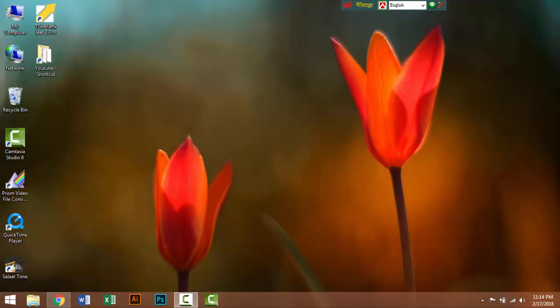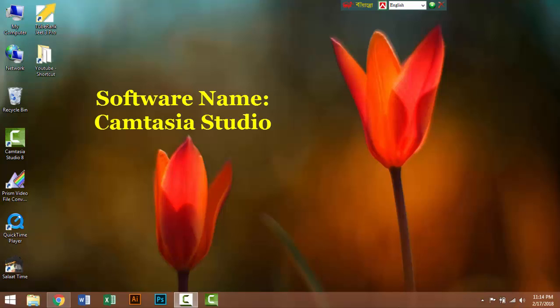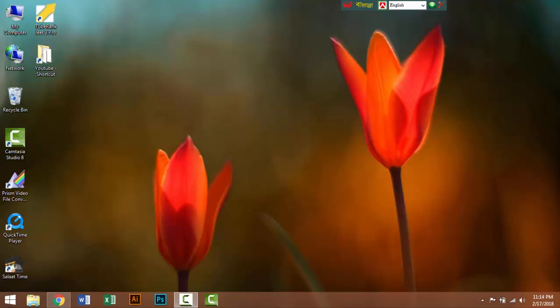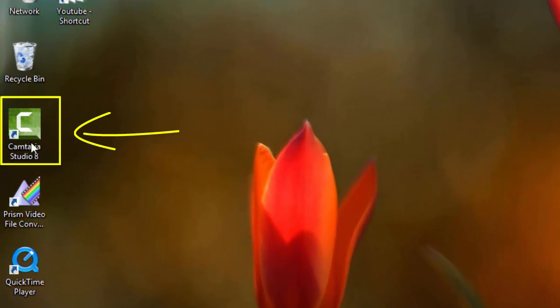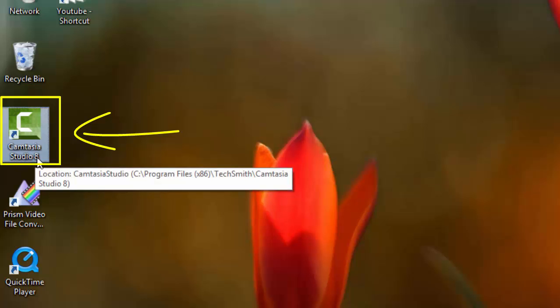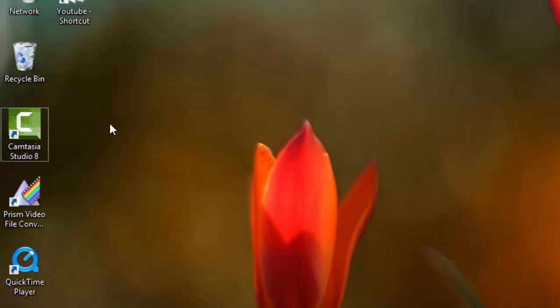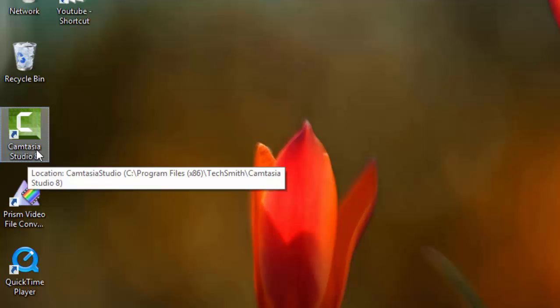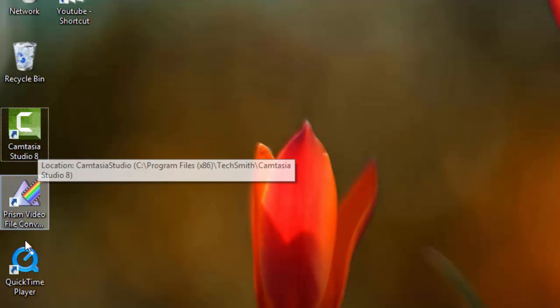To record your computer screen, firstly you need software named Camtasia Studio. In my computer I have Camtasia Studio 8. When you install Camtasia Studio 8, then